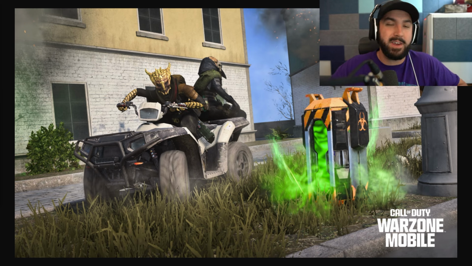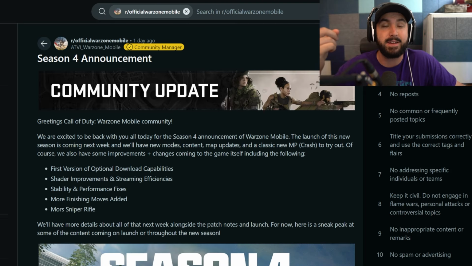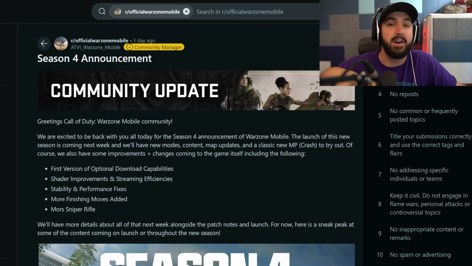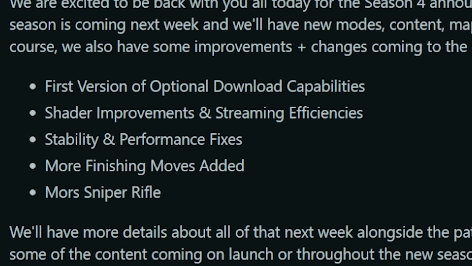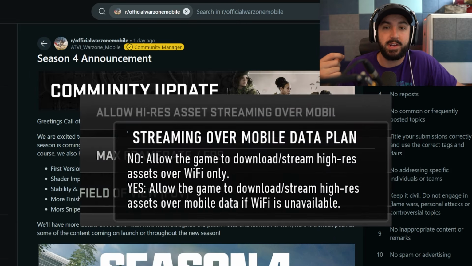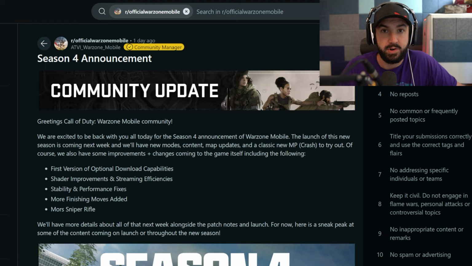But the things that I expect the community will be most excited for in the Season 4 update come specifically from the Warzone Mobile announcement of Season 4 on Reddit, where they indicate the first version of optional download capabilities, more than likely meaning that there will be potential to download resources directly rather than having them stream in. Shader improvements and streaming efficiencies, which mean if you're going to use those streaming options, it's likely going to be much less taxing on your device and hopefully use up fewer resources as well as stability and performance fixes,